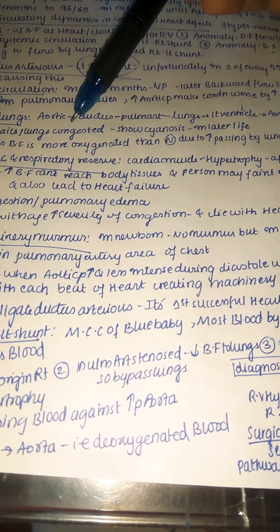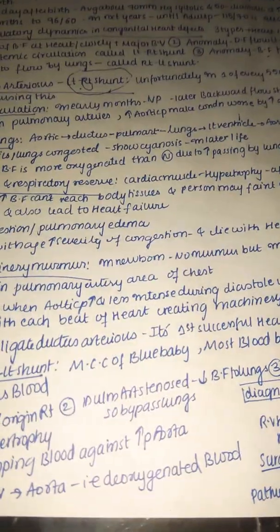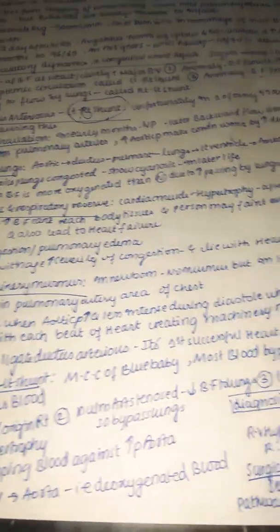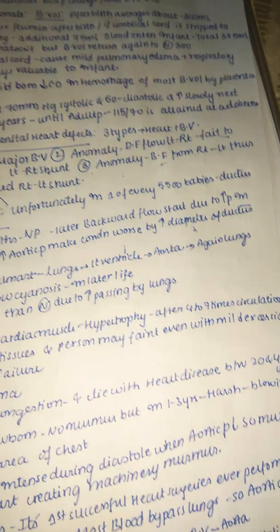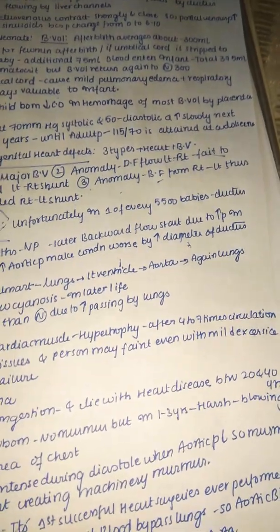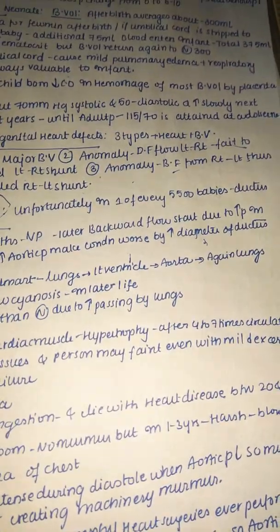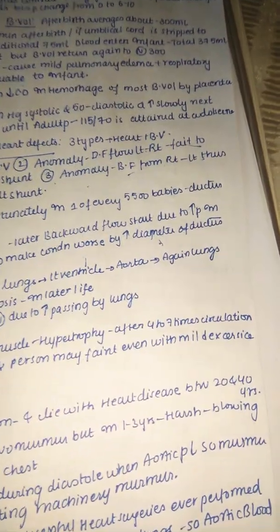So recirculation in lungs, that is from aortic pressure, from the aorta side, the blood enters into the ductus, next into the pulmonary artery, and next into the lungs. And after entering into lungs, it may enter into the left ventricle, right. So after entering into the left ventricle, again coming back to the aorta, again into the lungs. So this is like recirculation. It is again just revolving like from left to right, left to right.